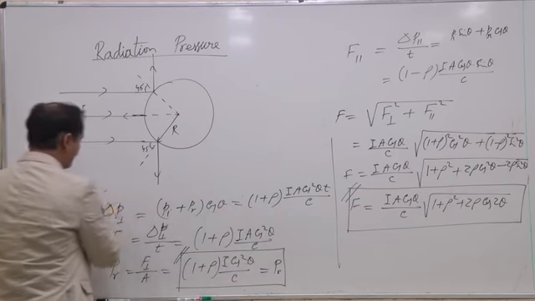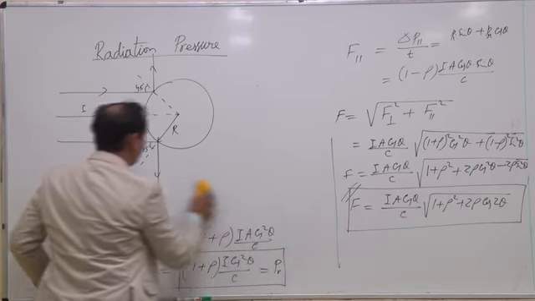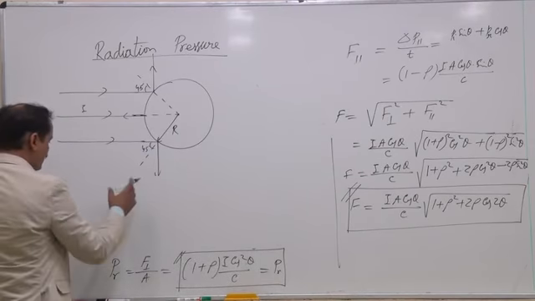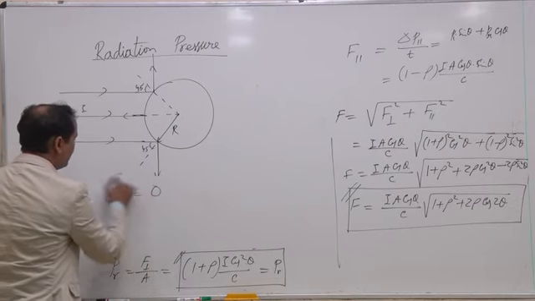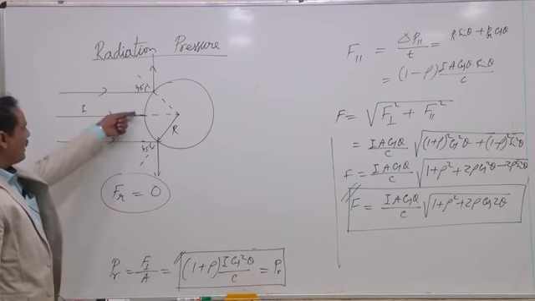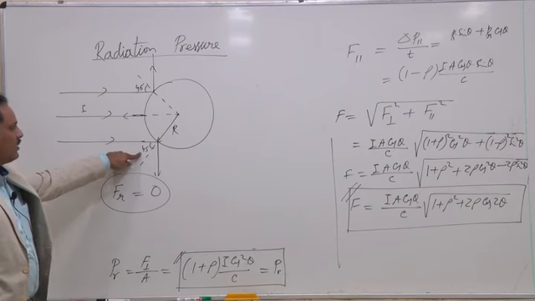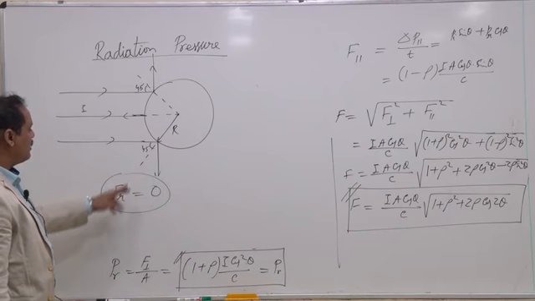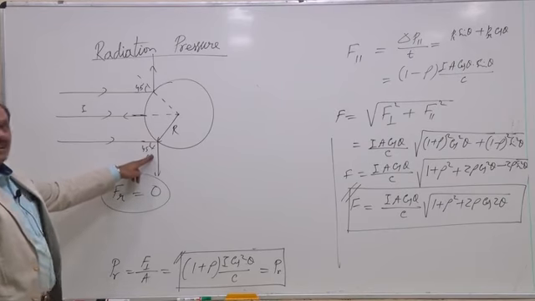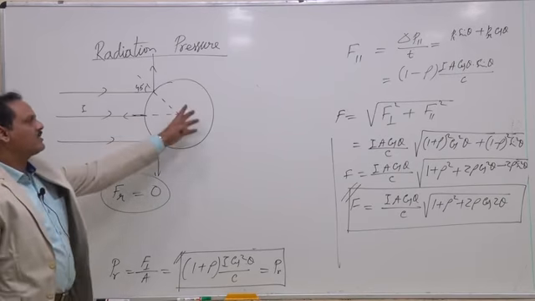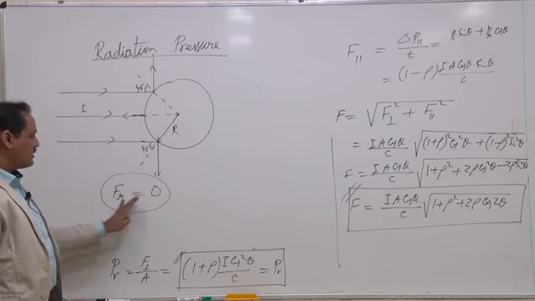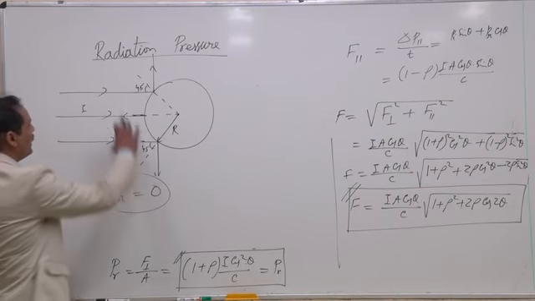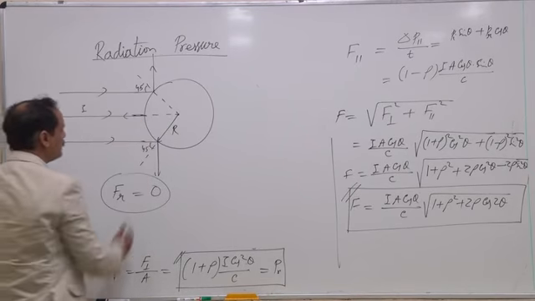In such a situation, net force due to reflected light is cancelled out. Force due to reflected light is 0, as the light ray striking at angle lesser than 45 degree exerts a force in forward direction, and light ray incident at an angle greater than 45 degree exerts a force in backward direction, such that net force due to reflected light becomes 0. So we have force only due to incident light.